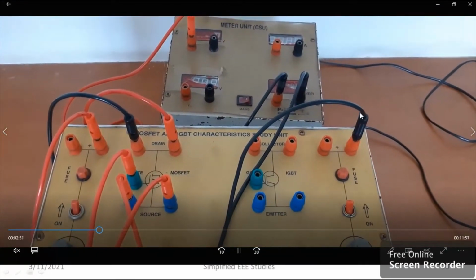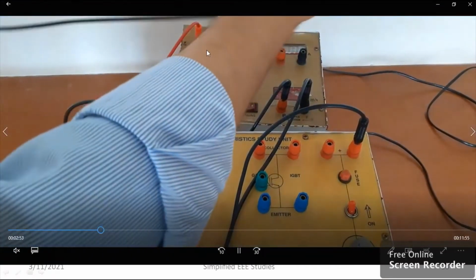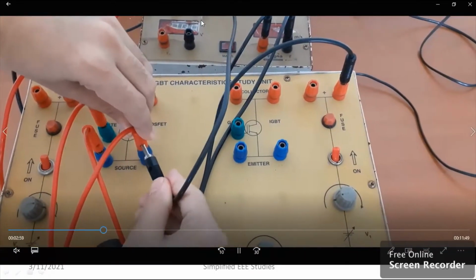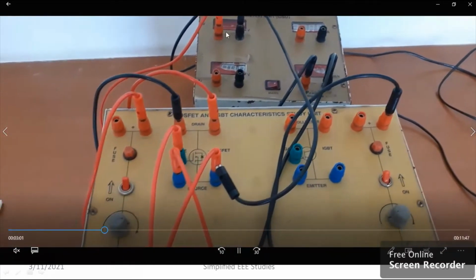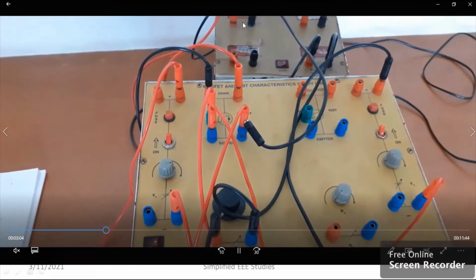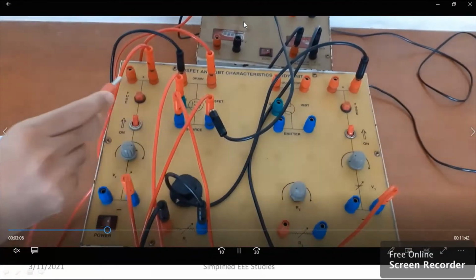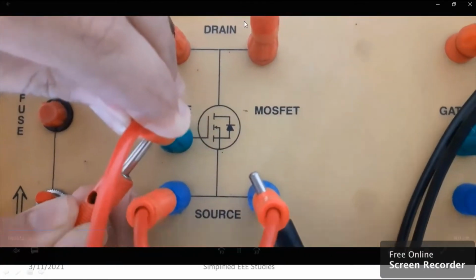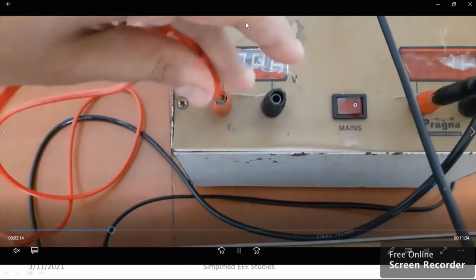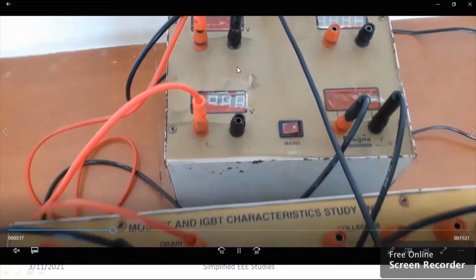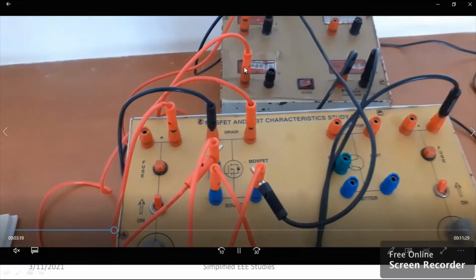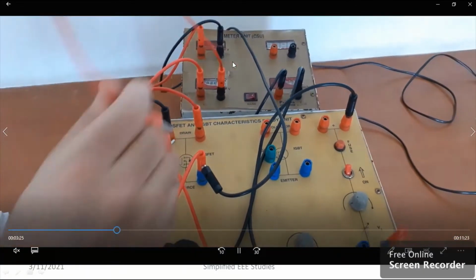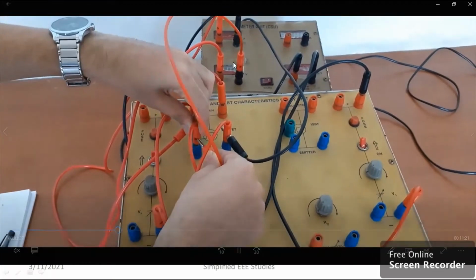Now we are going to make out VGS. So this is your VGS. Whatever connection I am doing, that is for VGS. See this particular portion, that is VGS, which I have done right now. The gate terminal also should be connected. Next, VDS. Next you can see the VDS. Yes, connections are completed. Almost all connections are completed.